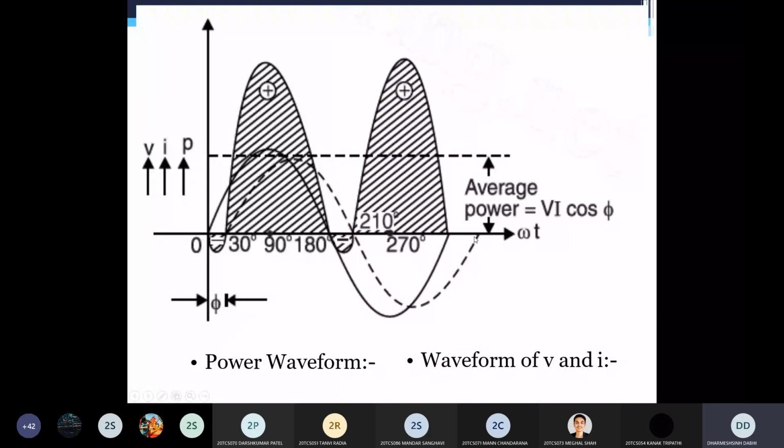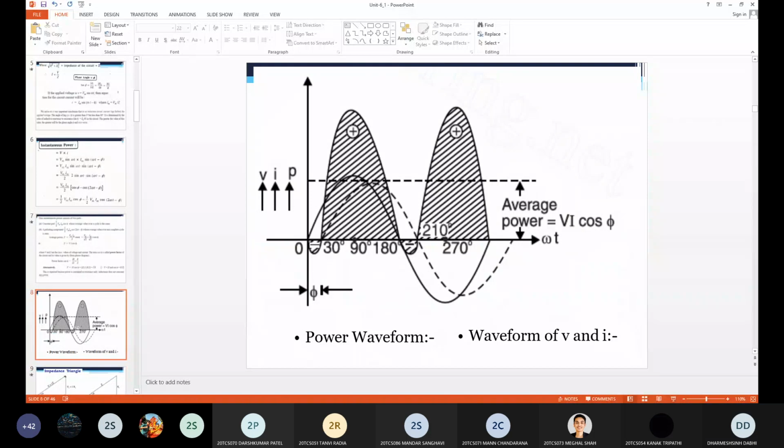Clear? All of you understand this wave shape of voltage, current and power relation for the series RL circuit? How to draw this? It is simple, like a multiplication of two quantities mathematically. Clear? The same way you can draw the waveform also. Is there any doubt to anyone in this waveform? Yes? Anyone? No, sir. Okay.